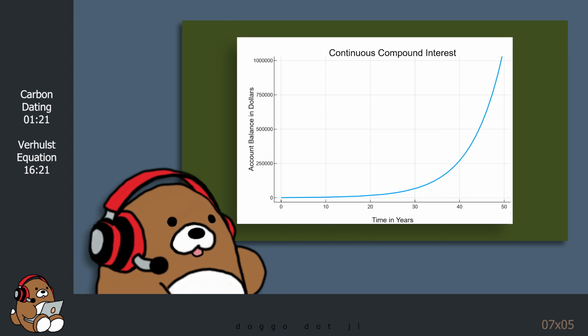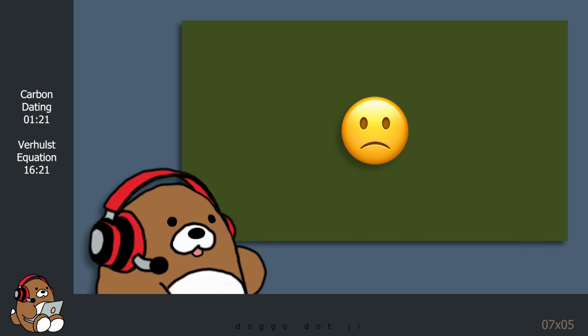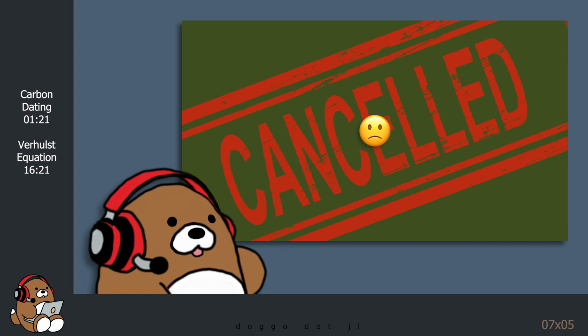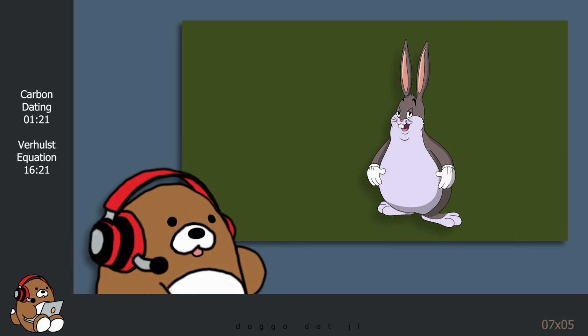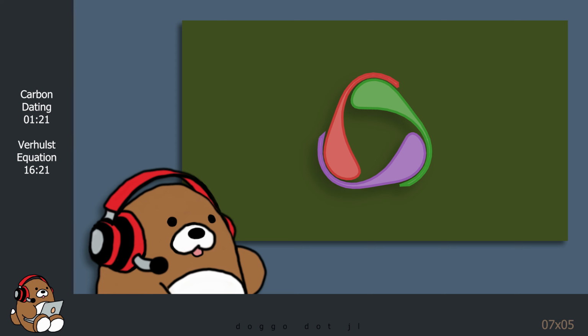In the last tutorial, we learned about continuous compound interest. We also learned that the solution that we came up with could be generalized to understand how anything grows over time. But things don't always grow. Sometimes they decay. And if they do grow, they don't grow forever. At some point, they stop growing. How can we use differential equations to understand how things decay or how things stop growing? Well, let's find out.